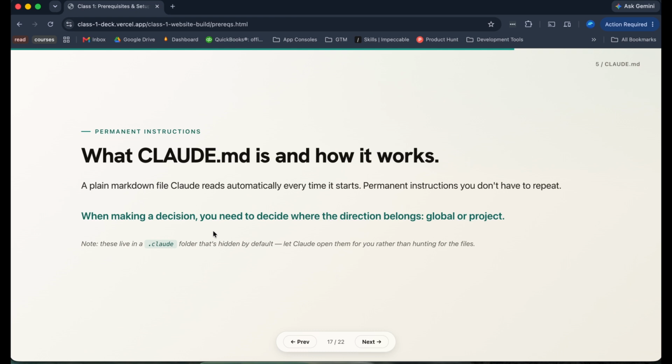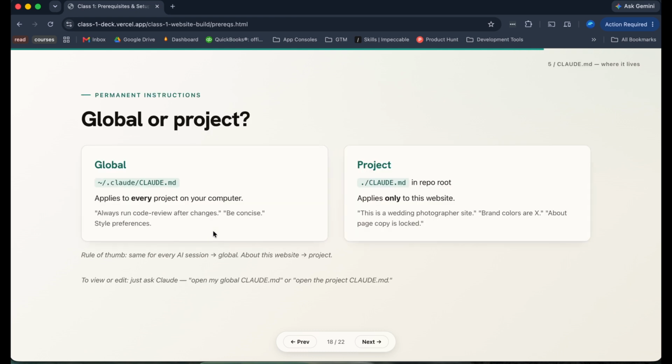The thing that you should decide every time you create a rule, though, is whether to make it a global or a project level rule. So if you do it at a global level, it's going to be Claude Code's rule on every project you ever have on your computer. So it's really good for things like language and launching Code Reviewer, which is where we're putting this. If you do it at a project level, it's only going to apply to that project. So if you're doing brand colors or a certain type of branding, that's a project level rule you want to put in there, as opposed to a global, which would span many projects.